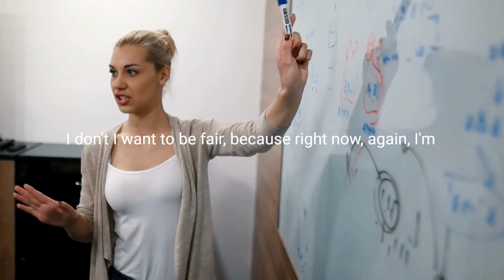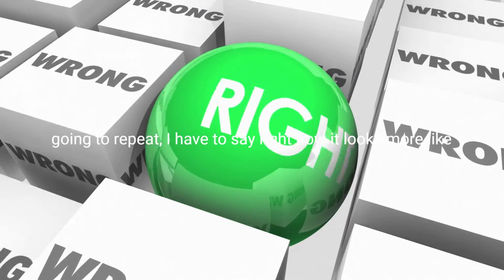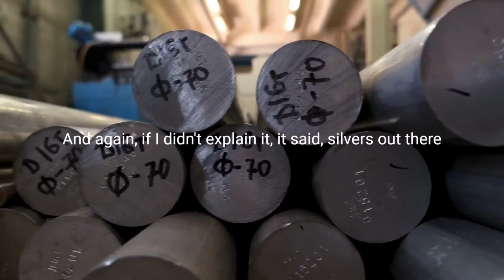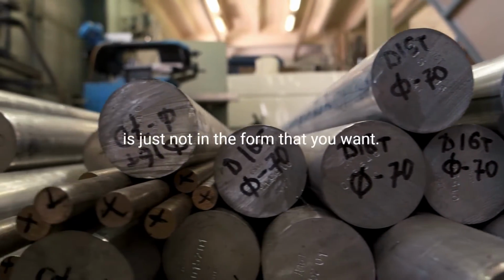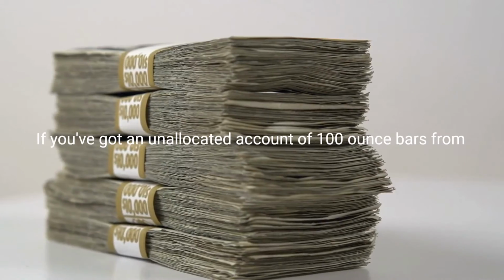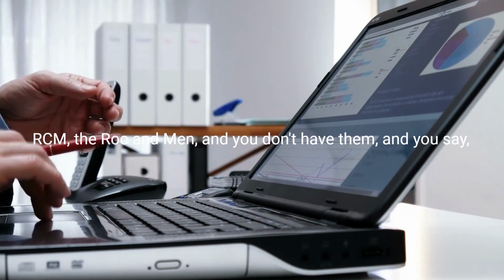I want to be fair, because right now, again, I'm going to repeat it. I have to say, right now, it looks more like a backlog. And again, if I didn't explain it, it's that silver's out there. It's just not in the form that you want. If you've got an unallocated account of 100-ounce bars from RCM, the Royal Canadian Mint, and you don't have them,